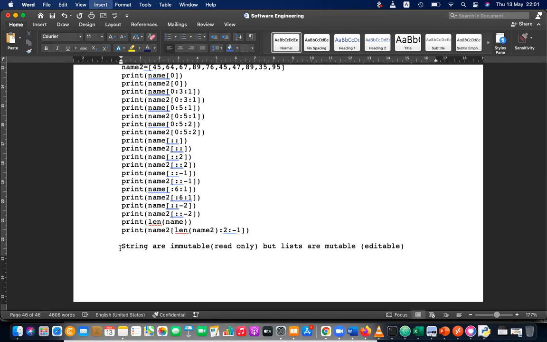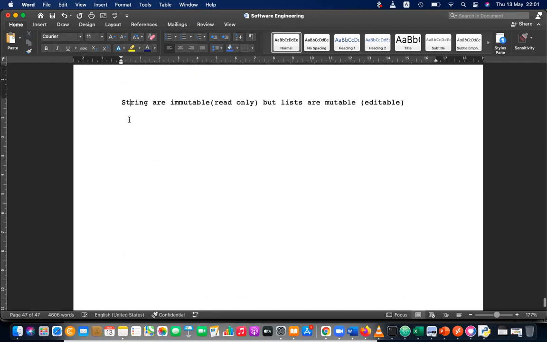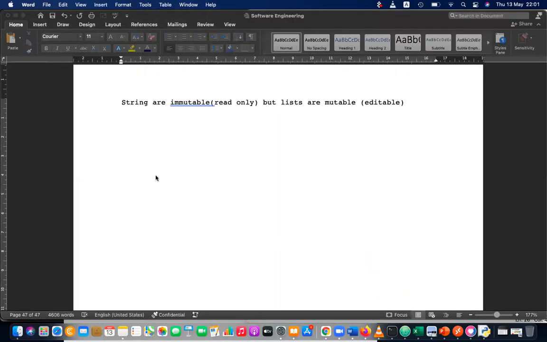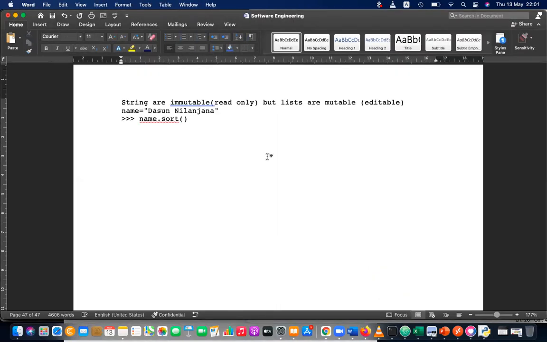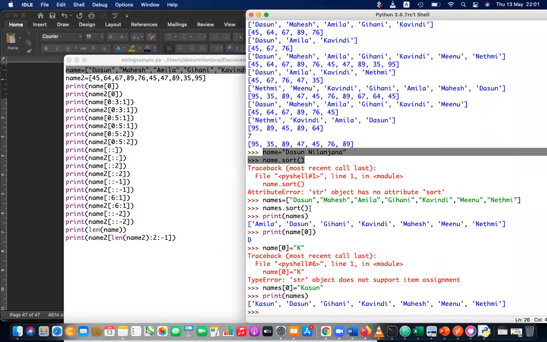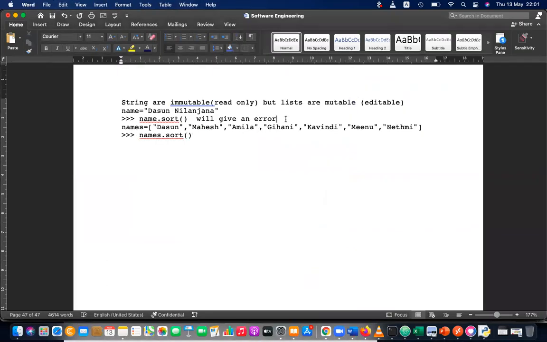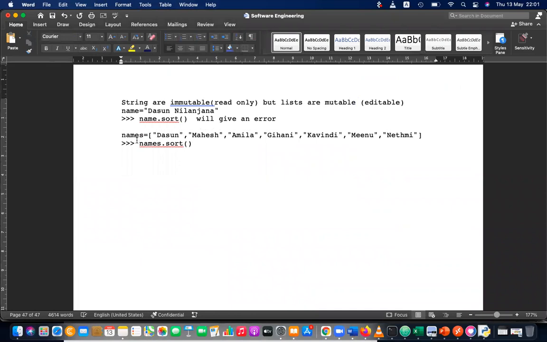Due to this property, if you give something like this, it will give an error. But if you give something like this, it's acceptable. No need to write the first three.